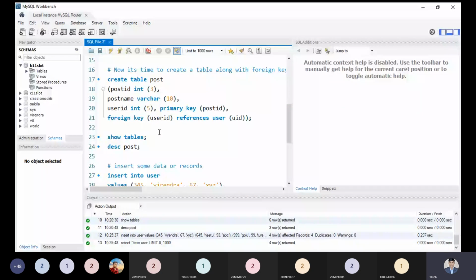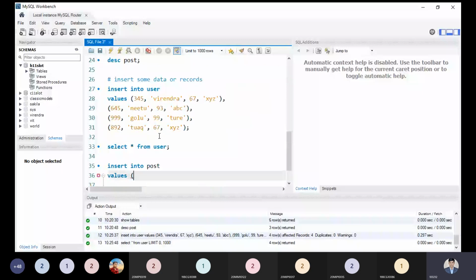Post ID I can take as a primary key, it should be unique. So I'm taking just this one. Whatever you want to take, you can take. Post I'm taking as a processor, just for the sake of knowledge I'm putting all the details. And user ID I'm picking 901.